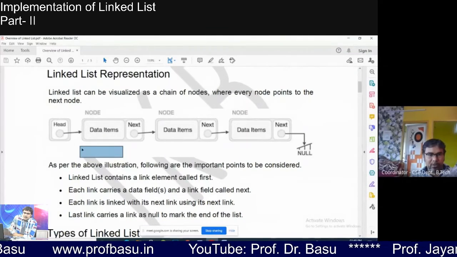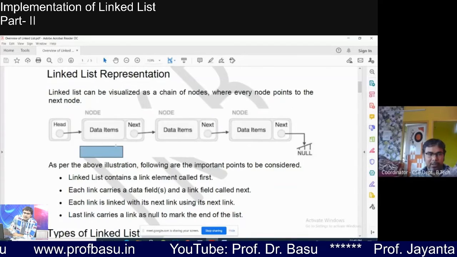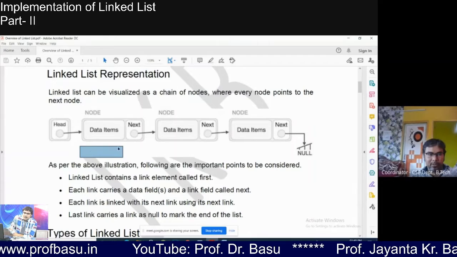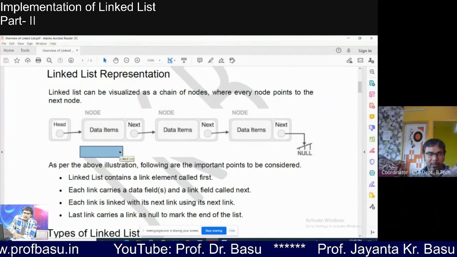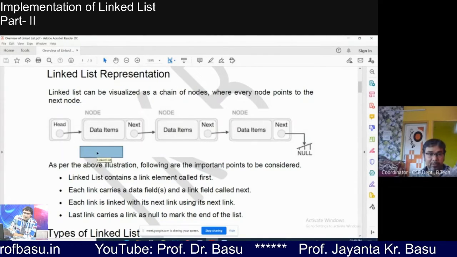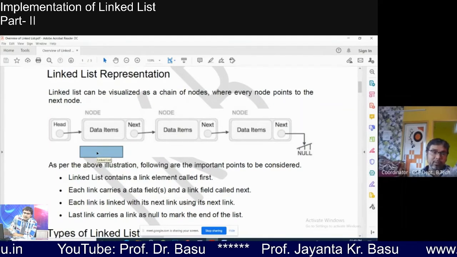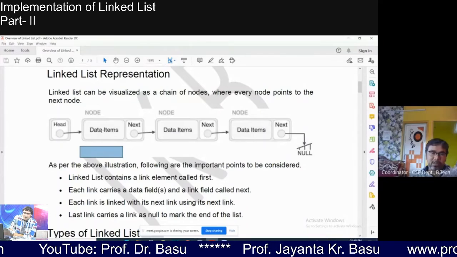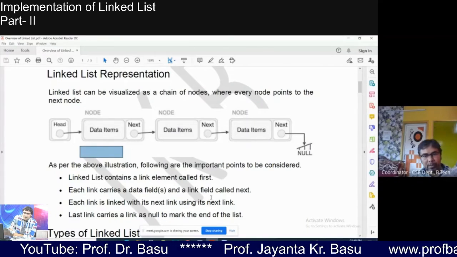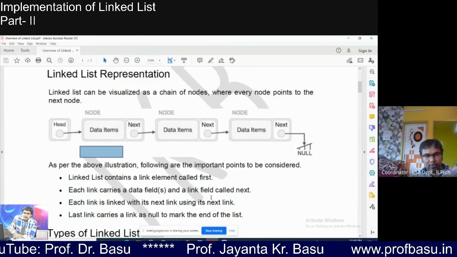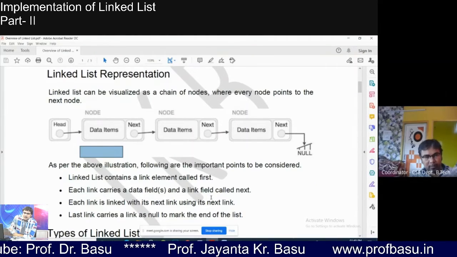So here what we are doing, we are allocating a space in the memory, right? Which function we will be using to allocate a memory at runtime? Since it is a dynamic memory allocation, you know there is a specific library function in C which we need to take help of.